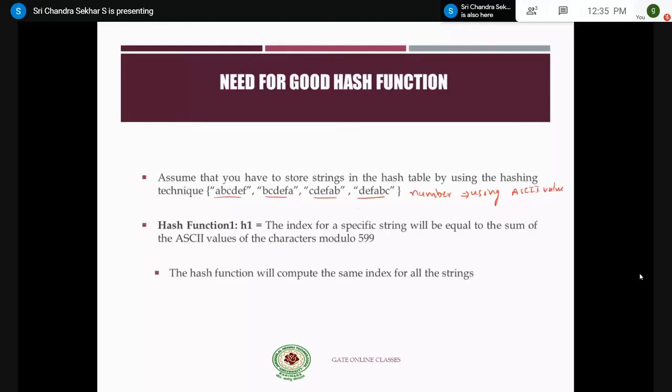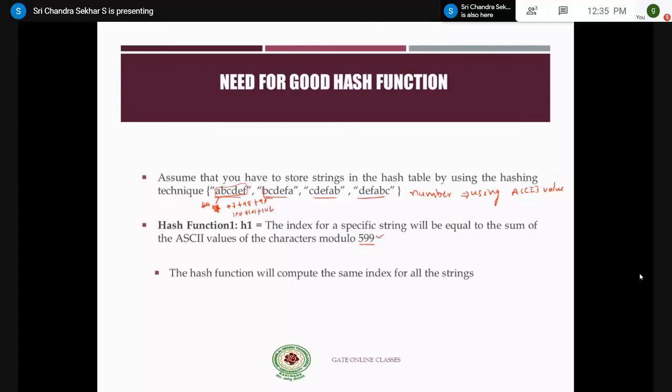So if you convert these strings into ASCII values, everything will come to 599 only, right? Why? Because the ASCII value of small a is 97, so if you add the ASCII values of a, b, c, d, e, f, that is 97 plus 98 plus 99 and so on, 100 plus 101 plus 102, it will be 599.